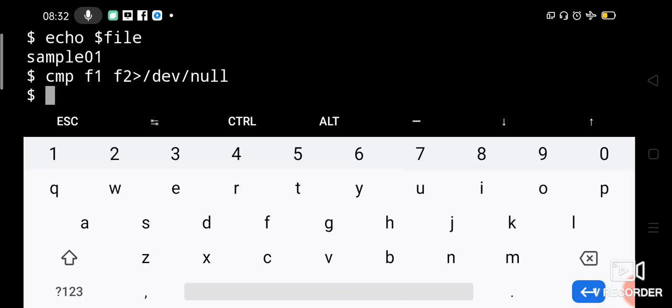Okay, now the comparison output is not displayed, it is redirected to /dev/null.